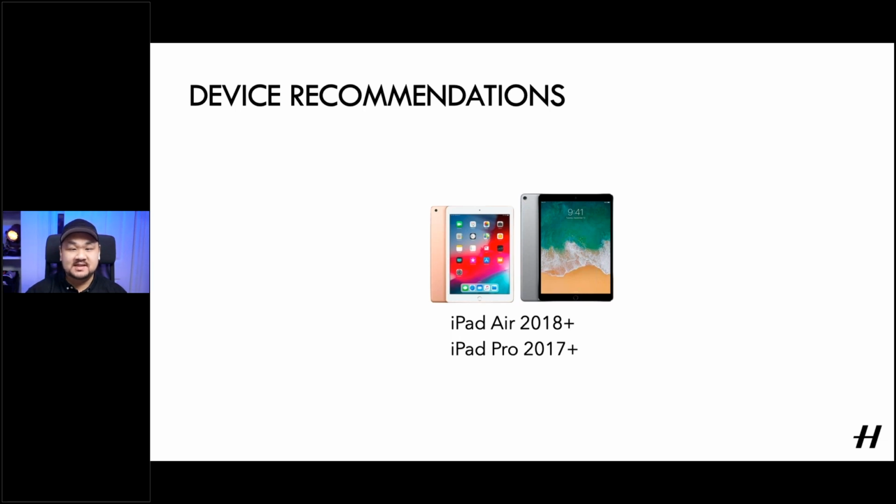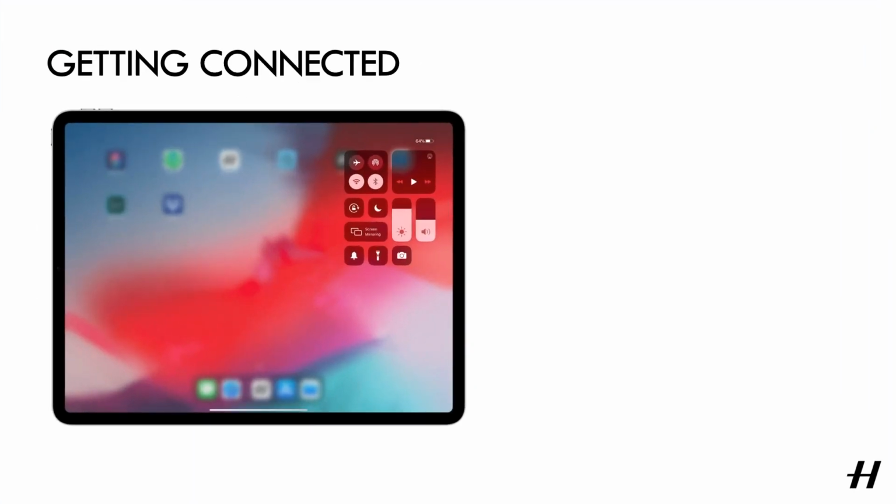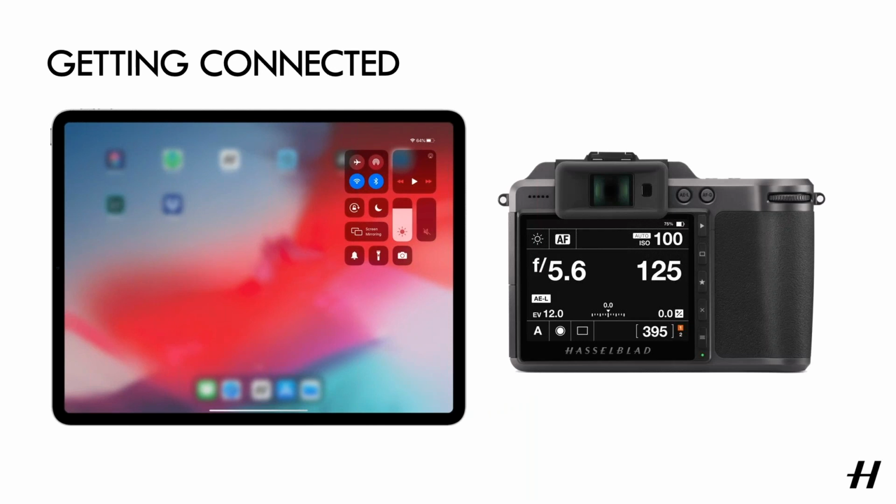Now, thankfully, regardless of platform, Phocus Mobile 2 and its supported cameras can communicate wirelessly, which we'll actually walk you through now. Now, I'll be showing you on an X1D II and the iPad Pro, but the steps are nearly the same for an iPad Air or the 907X Special Edition. Firstly, we're going to make sure that the iPad's Wi-Fi and Bluetooth are turned on. And while the camera uses Wi-Fi for its primary data communication, we do use a Bluetooth assistant to make the connection process much easier.